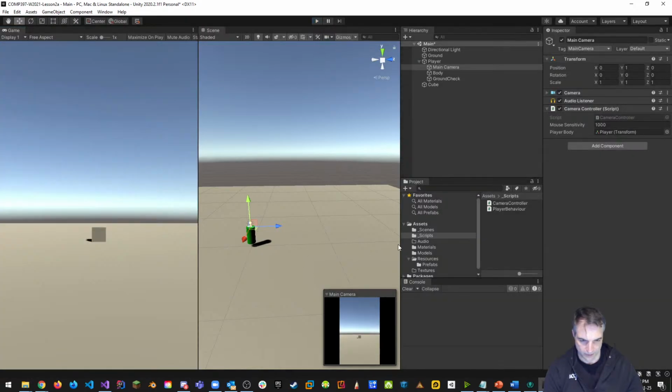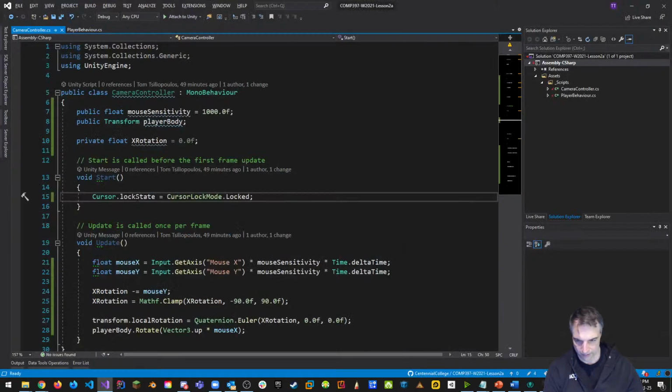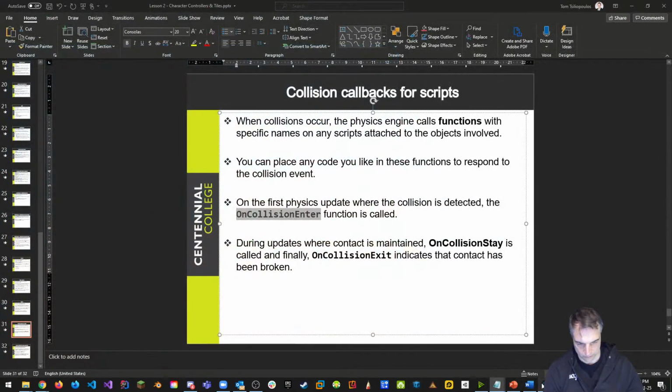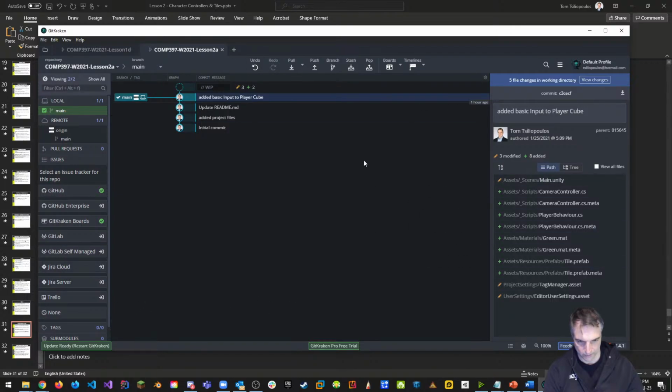All right, so that is my camera look functionality. Let's save this and put it up on GitHub so you have it. I know we're going to run right to the last moment here, guys, today. So I'm just going to close this down. I'm going to save my script, save my scene, which is important. And then I'm going to go to here where it says my